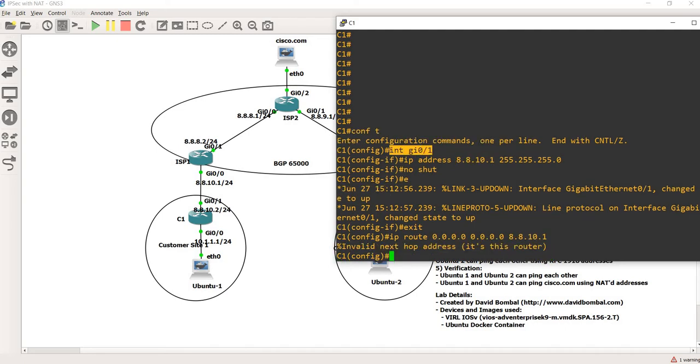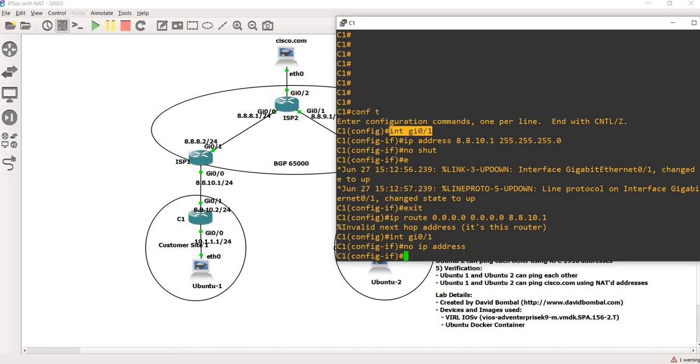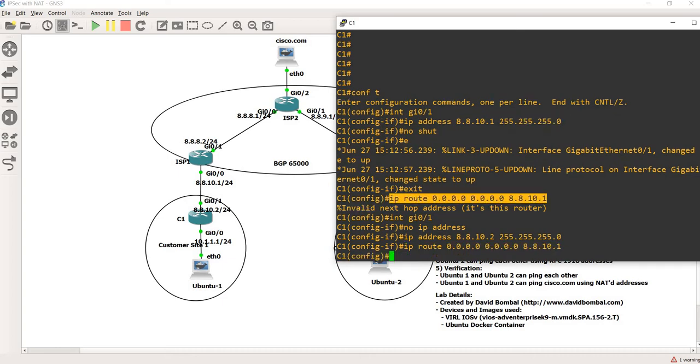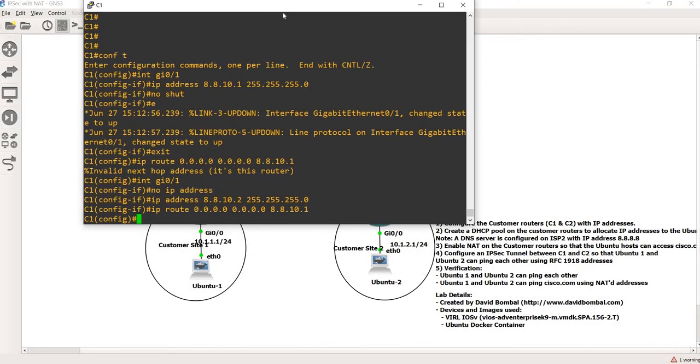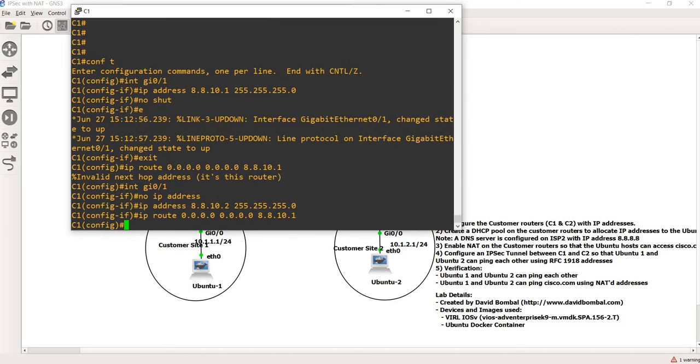So let me change this. No IP. As you can see here, it should be .2, right? So let me revise the IP address. It should be .2, subnet mask. Let me do the default route again. And it says to create the